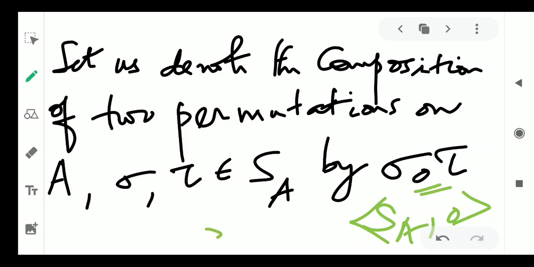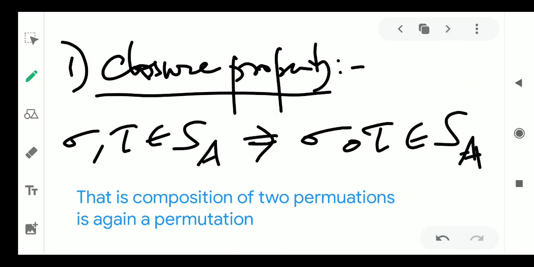So later I will be simply writing it as sigma T. It means that in between, the operation is composition. For the time being, let me specifically take this as sigma ∘ T. Now in this video I will be proving that whenever you choose two permutations, the composition of that is again